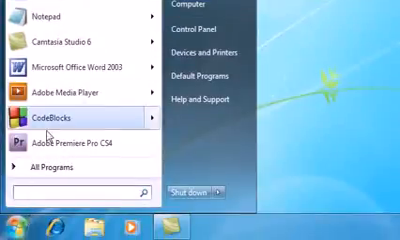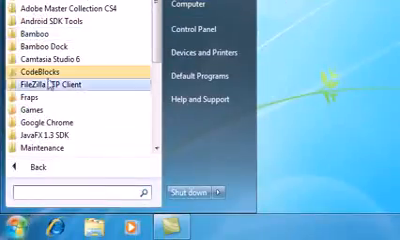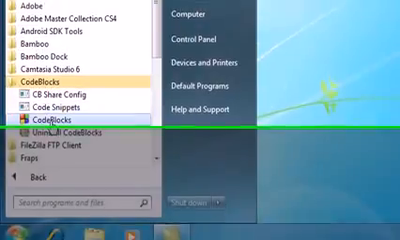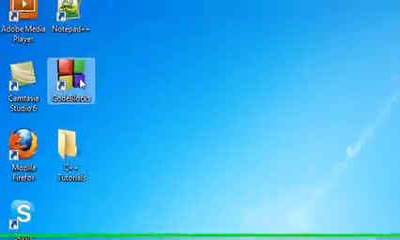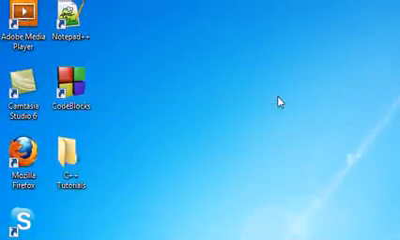Now you probably have it in your all programs, you might have it under CodeBlocks. What I like to do is right click it and send it to desktop, and that's going to give you a nice little icon on your desktop. But anyways,